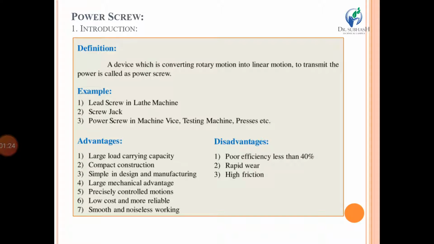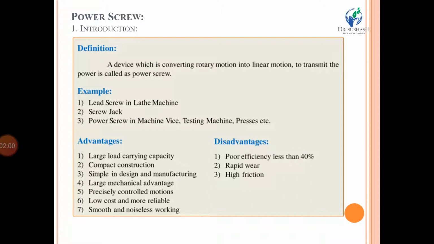Then we will see a few examples. Let's take a few examples where power screws are used. Number one example is the lathe machine, which we have all worked on. Exactly below the tool post, you will see a threaded shaft. This is nothing other than the power screw, because it is directly coupled with an electric motor. Whatever power is received by the electric motor gets converted through this power screw, and the power screw transmits that power to the tool carrier. So ultimately the tool carrier moves in a reciprocating way.